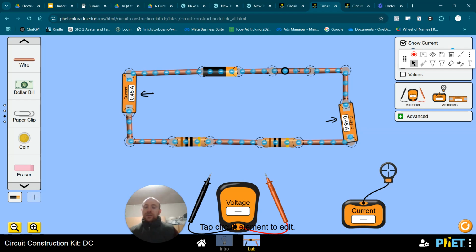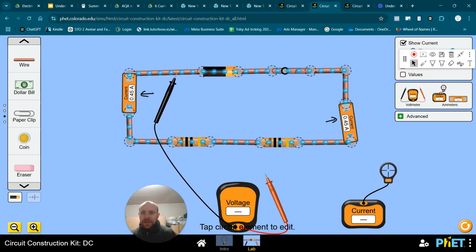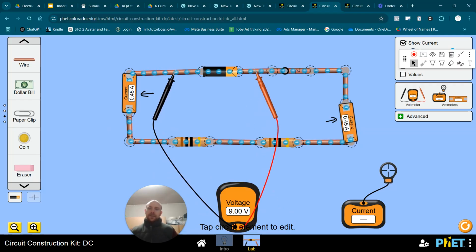When we're measuring that, we need to use a voltmeter, and we need to use a voltmeter in parallel. In other words, across the component that we're measuring the potential difference across. That sounds like a bit of a mouthful, doesn't it? But if I were to put this voltmeter across this battery, or in parallel, as we'll see what parallel means